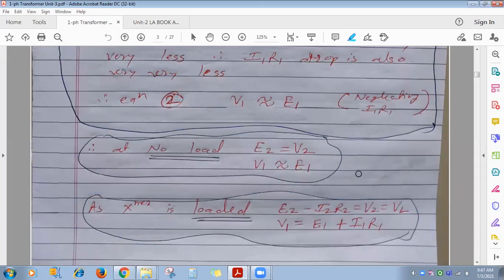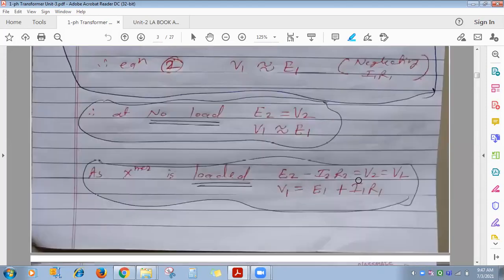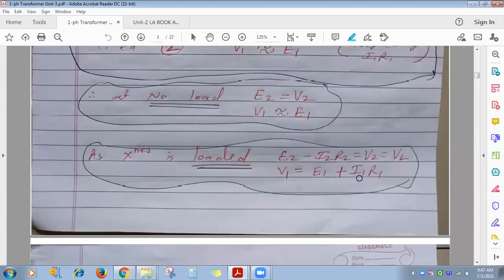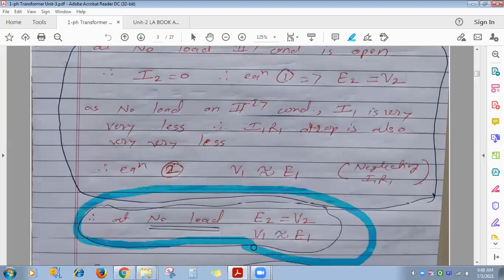Then the next part. So the working principle is done. Now we'll derive the expressions. Sometimes in a numerical, nothing is given about whether the transformer is loaded or not. Then you have to assume it is at no load condition, and there, to find out some unknown values, you have to use this relationship. I'll take a numerical, then it will be clear to you.